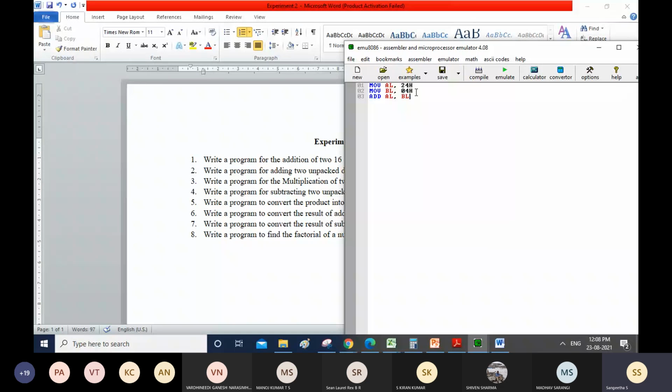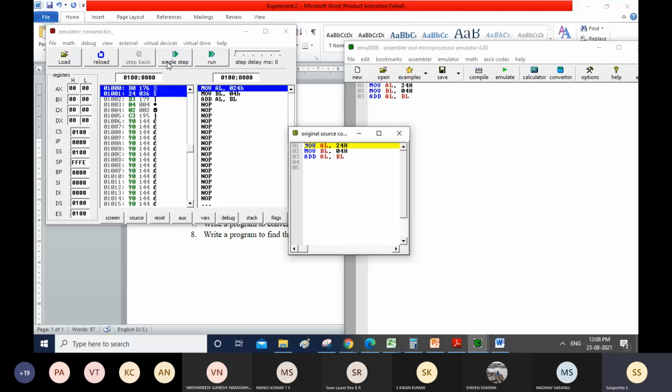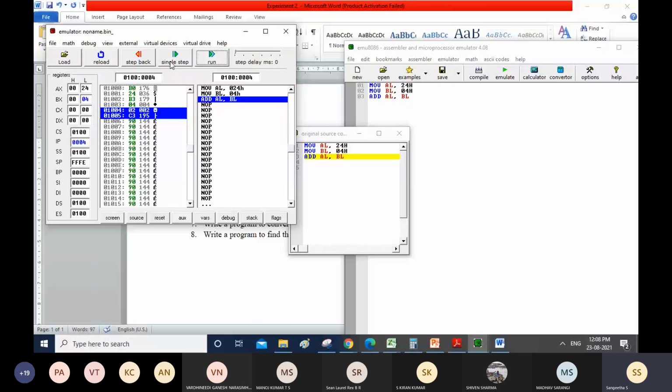This is without using your AAA instruction. You can check what it will do. First, it will move the values to AL and BL. Addition is performed, and the result by default will be stored in your AL.